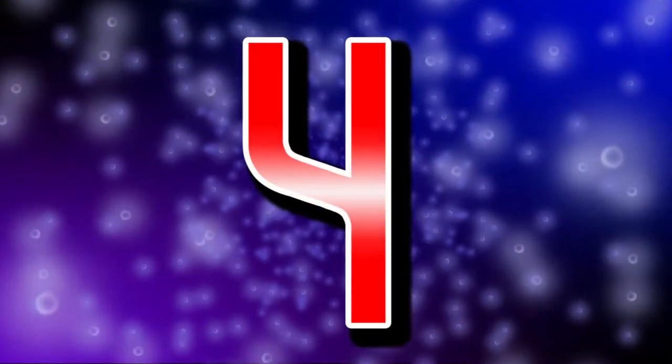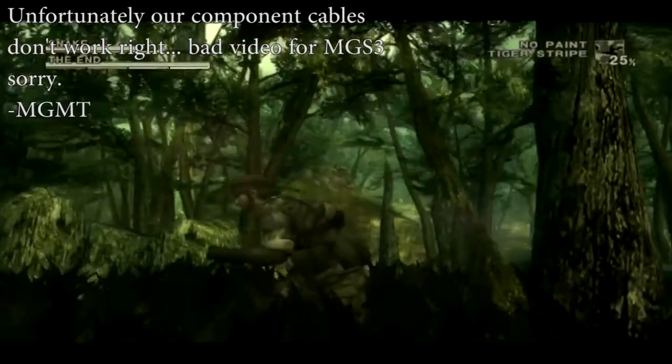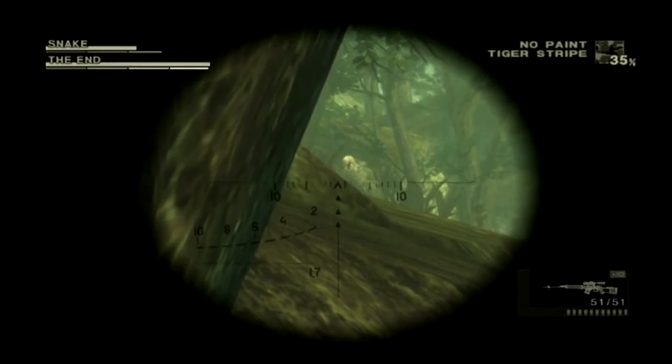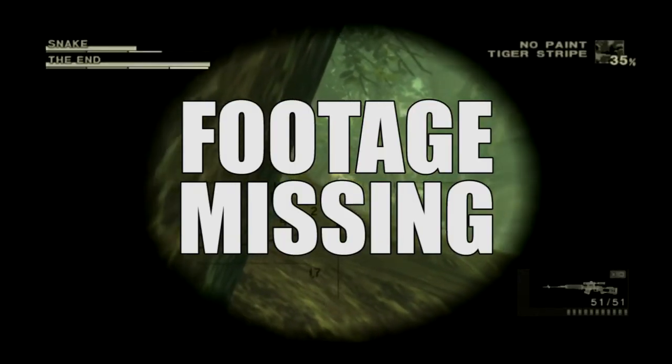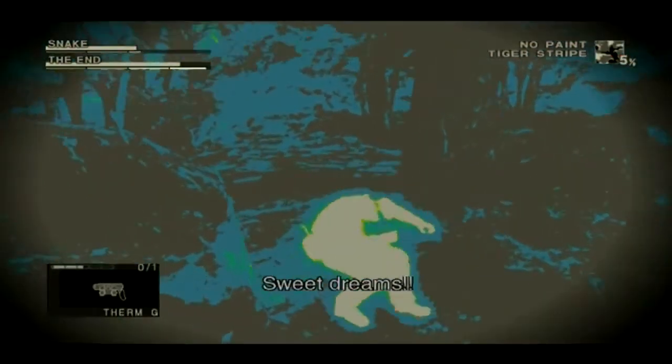Number four. This fight is awesome. A battle of wits and stealth. Now keep in mind folks, if you use either of these two tricks, you will not be able to get the Moss Camo or the Mosin Nagant. The first trick is kinda cheap, but I'm not here to judge. While traveling through